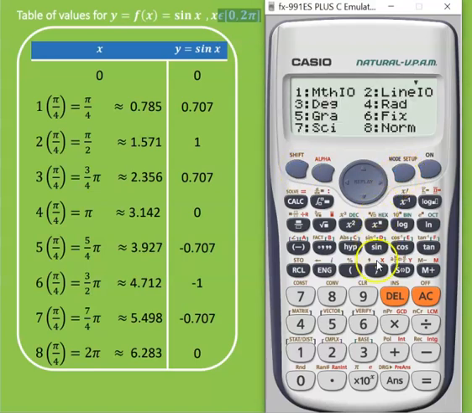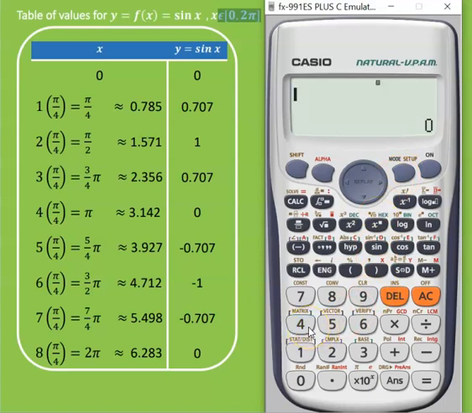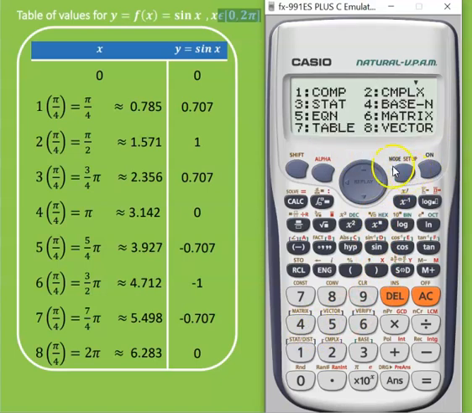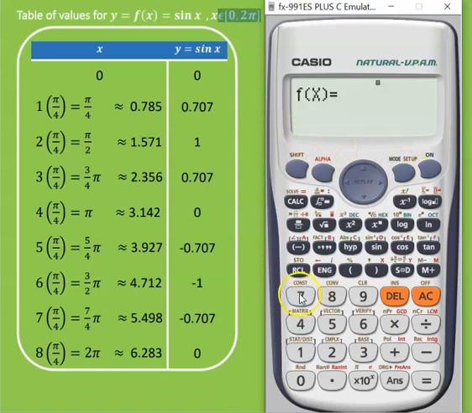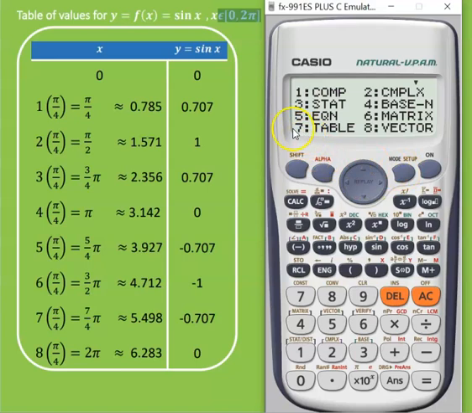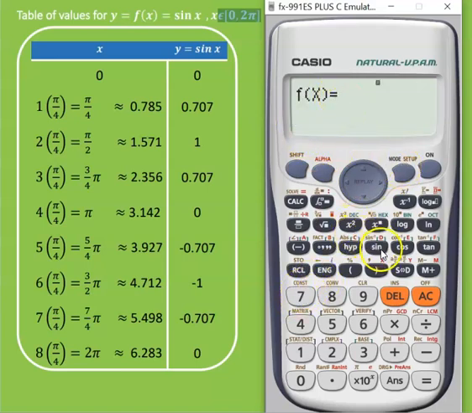It's already in radian with me anyway, for the illustration for radian. Then we'll take the table, it's here, shift, mode 7. Then we'll write the function. The function is sine, so click sine, and with alpha we need to write some value here, not value, alphabet